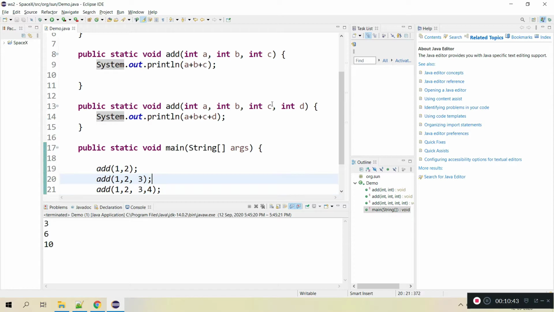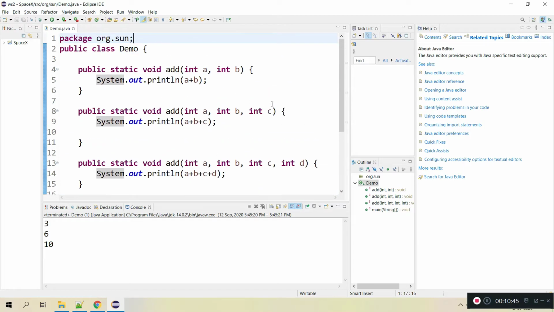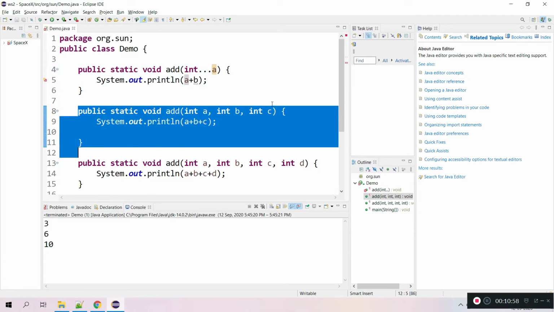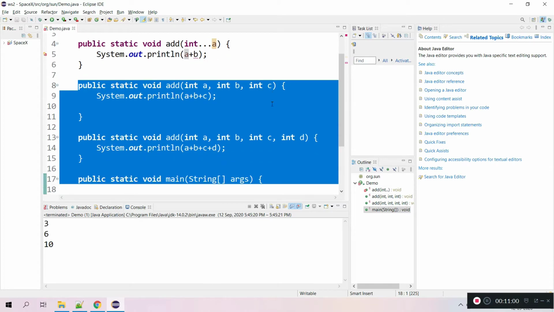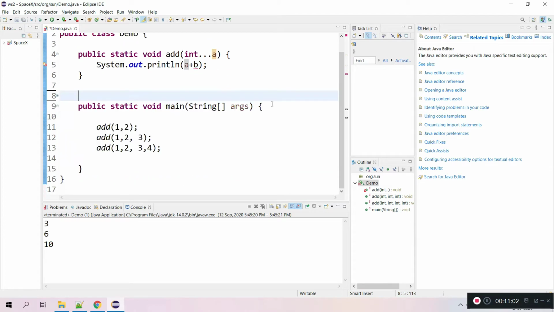So Java 5 introduced a new concept, which is varargs, where we can give a variable number of arguments by writing something like this, and we can remove all these redundant methods, the duplicate overloaded methods, and I can simply use this.